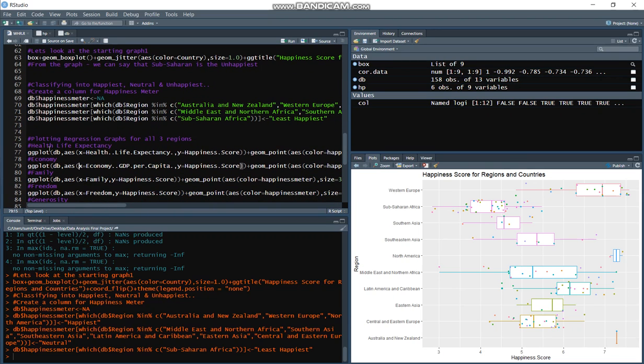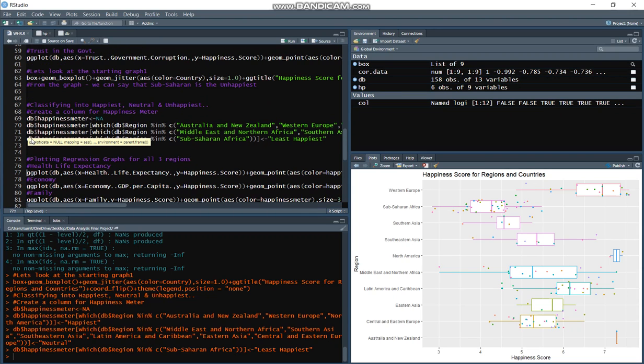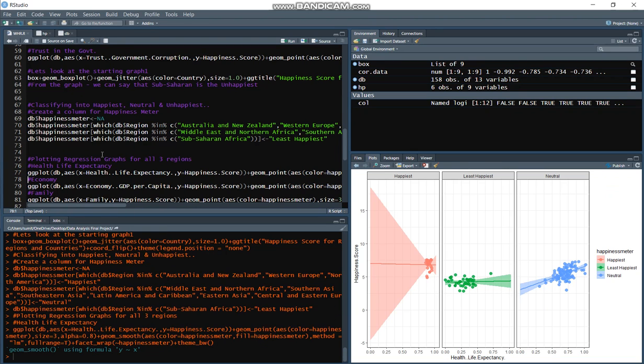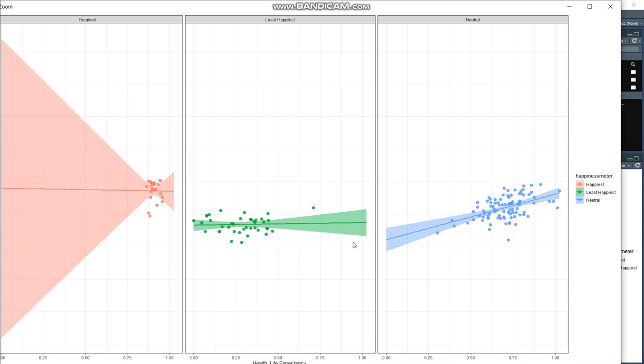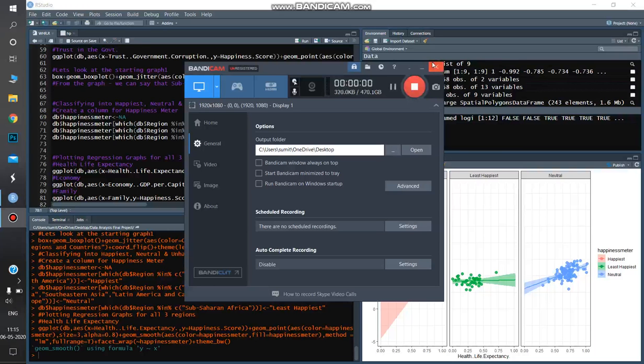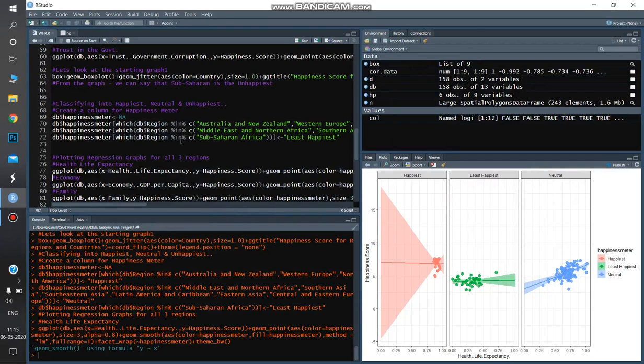Now we'll be plotting the regression graphs for all three regions. First, we'll be comparing it with life expectancy. Next, we'll be using economy.